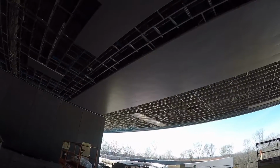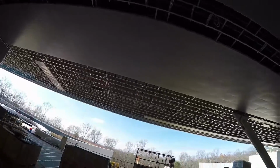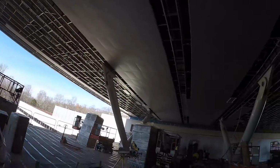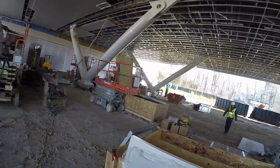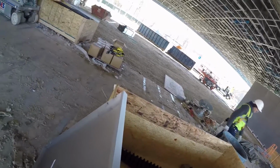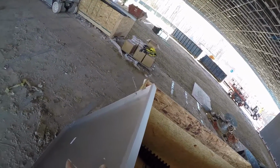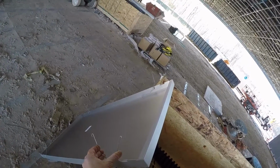And some of the areas that aren't finished right now are for the light bells, the light bays, what they call them. We'll take a short look at some of these panels. These panels are almost similar to a residential dryer vent with the way the clips are assembled in here. The clips are squeezed together like this, and then they open up when the panel is installed up in there,